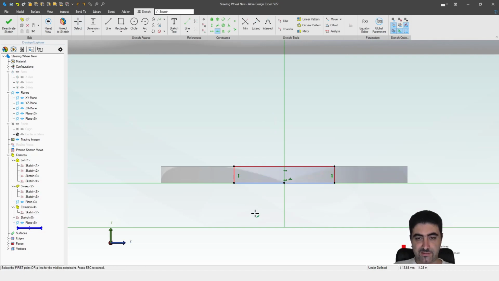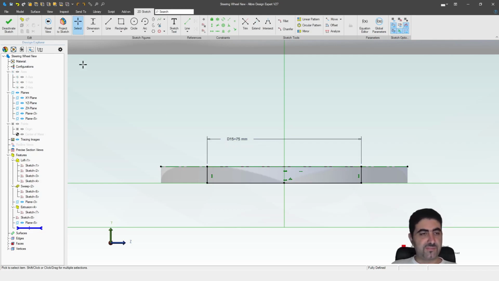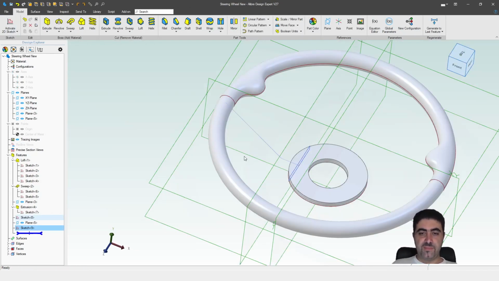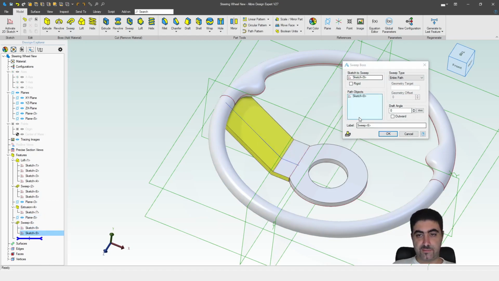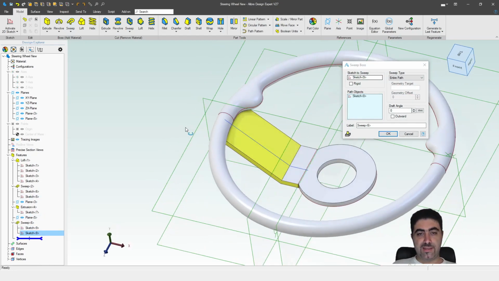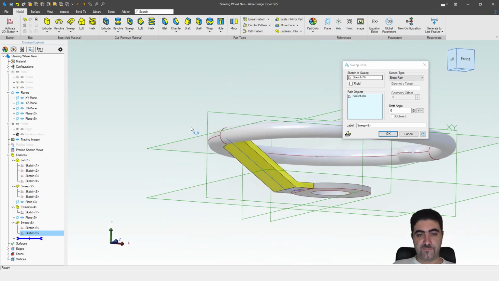So this is a rectangle. The center of the bottom line is at the origin. This is collinear to that, and now I just need to dimension it. Let's say 75. Yeah, 75 is fine. Now, if I sweep this, what I get is a continuous